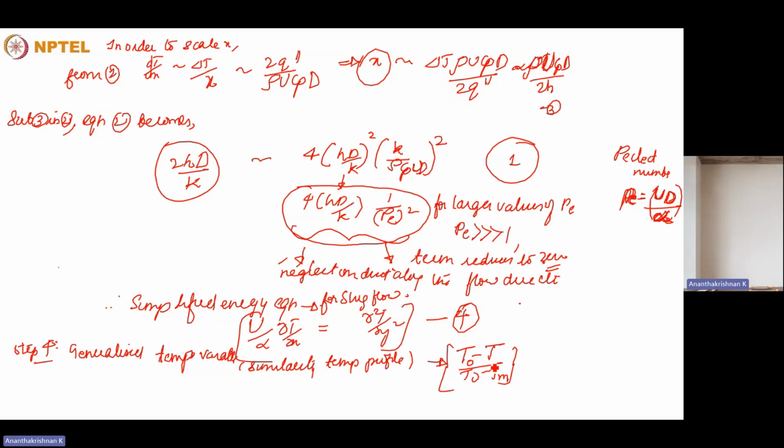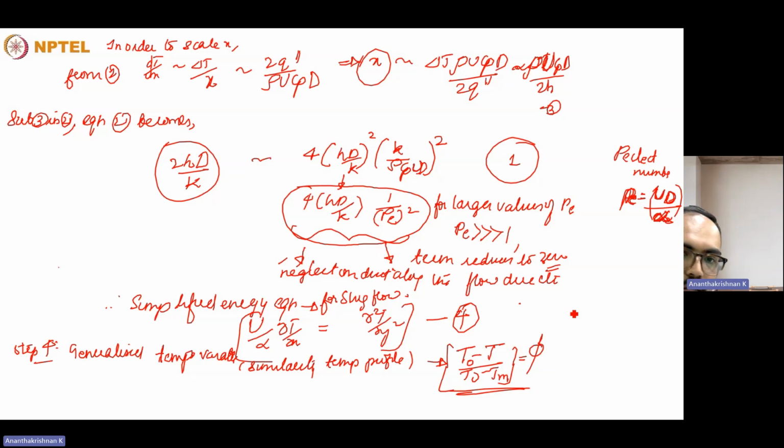So how will we show that this is a function of the similarity variable for the distance? We can denote it by phi or theta, either of them, maybe phi. So this is the variable, and it should be a function of the similarity variable for the distance. So how will we arrive at that in the first place? For that, we take the Nusselt number order. We try to scale the Nusselt number, and using the scaling, we will get this to be a function